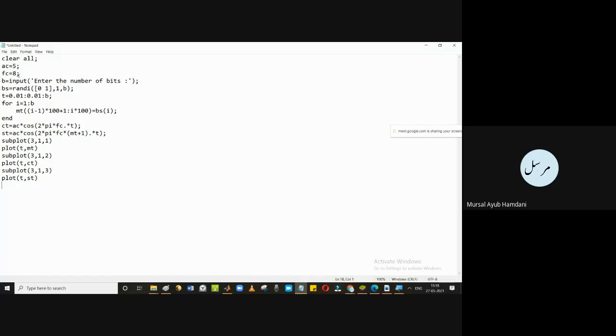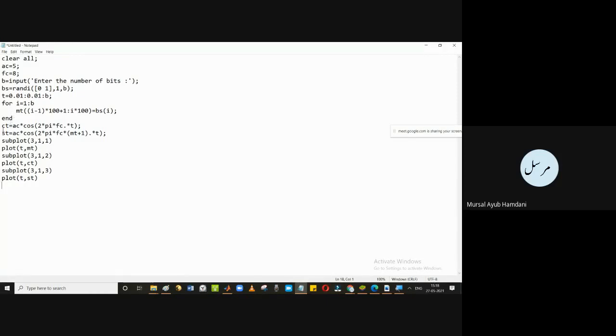Then FC again is the frequency. Then B is again the input number of bits. Then I generate the random sequence accordingly, as I told you for the ASK. Then time again, similar, 0 with a space of 0.01 up to B. Then again, similarly, I will generate the modulating signal, the message signal, with 100 sampling values for each particular digital value of 0 or 1, as I had discussed.